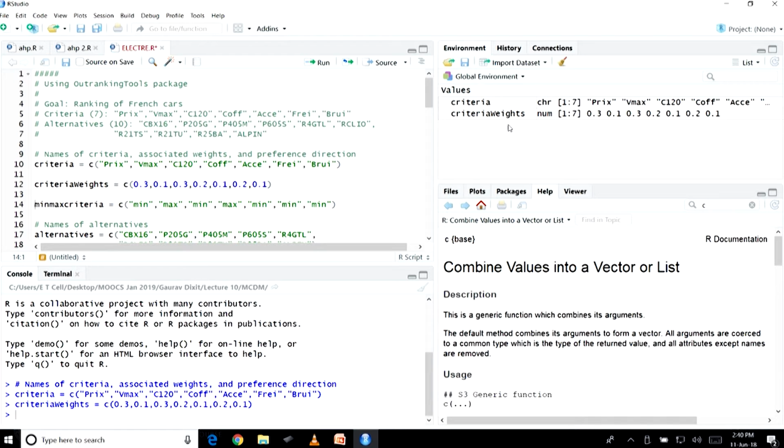Now we have created these two vectors, a character vector for criteria names and a numeric vector for the criteria weights. As we talked about in the previous lecture, we need to set the preference direction for these criteria, whether we would like to minimize or maximize the criteria. That aspect is also required here as input. So, we are going to create another variable called min max criteria. Here we have indicated for each criterion whether it is to be minimized or maximized. You can see the first criterion, that is price, is to be minimized, then the second criterion, that is Vmax, is to be